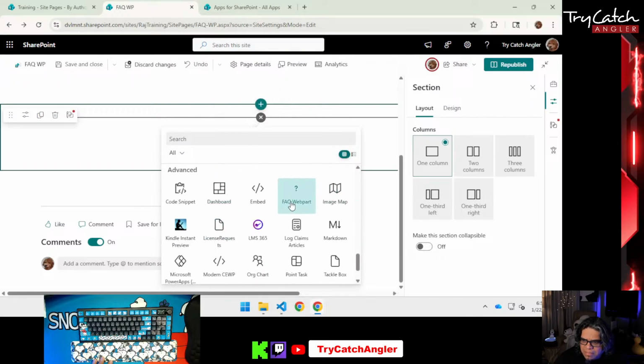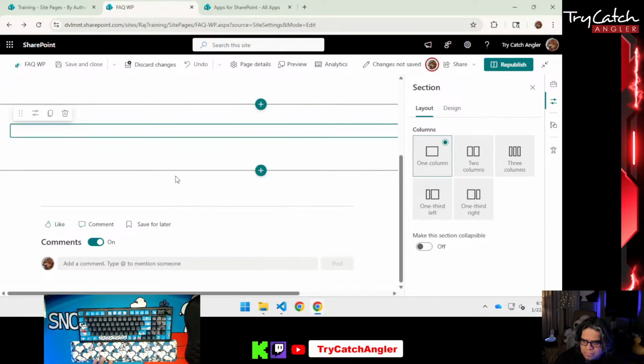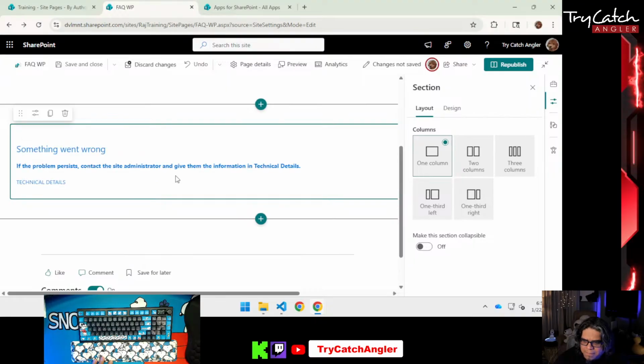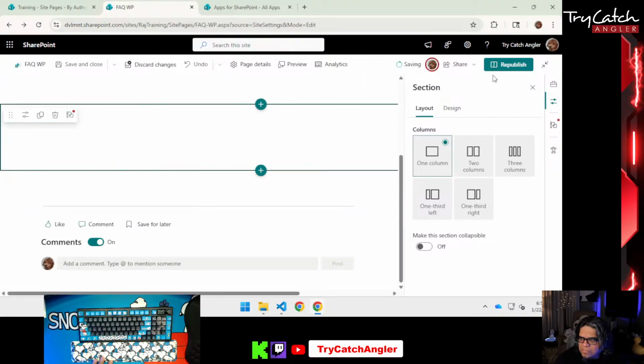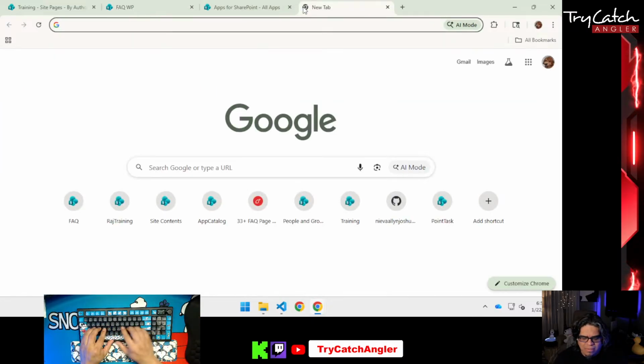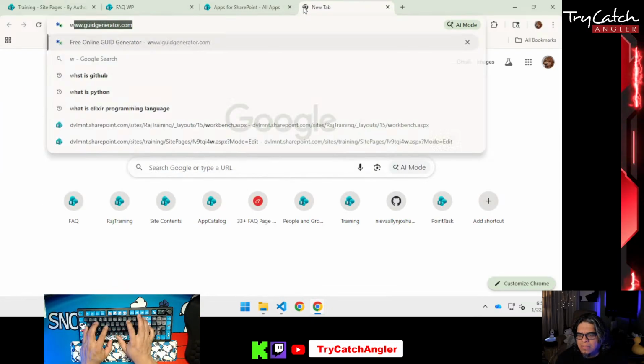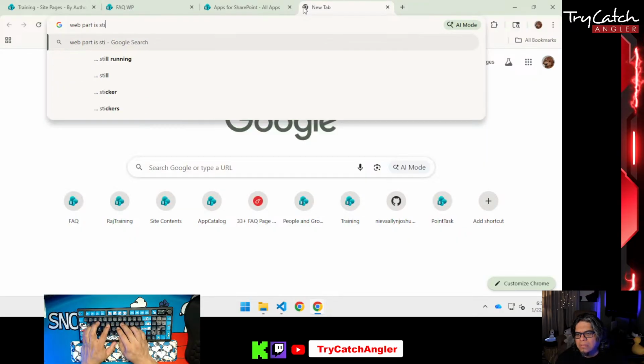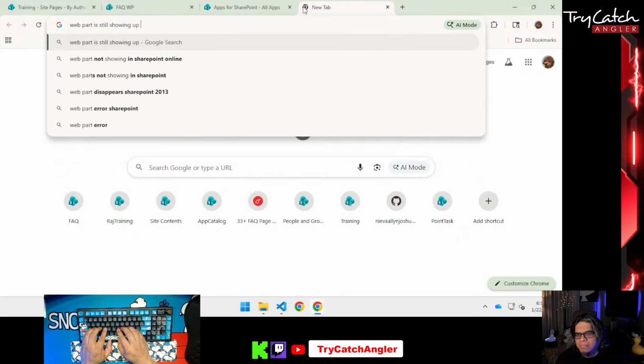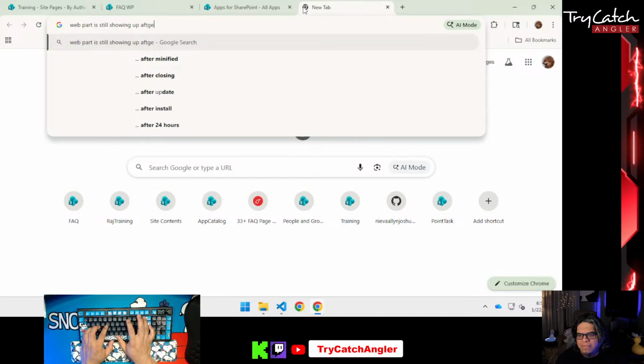That should not be there. Obviously it's gonna break. I don't want it to show up, but for some reason it's still showing up. Webpart still showing up after